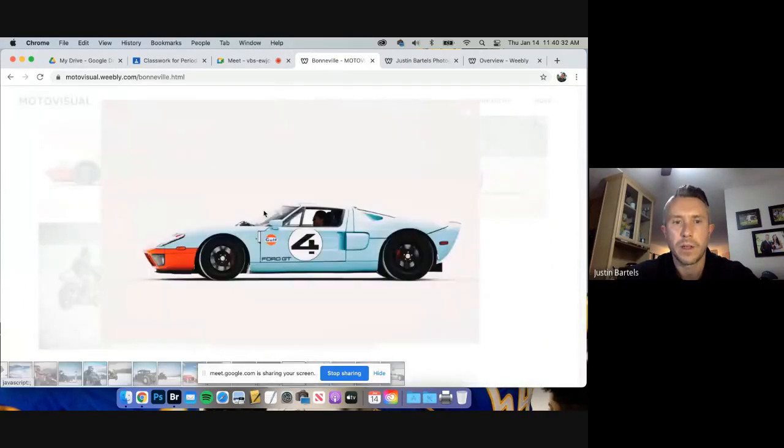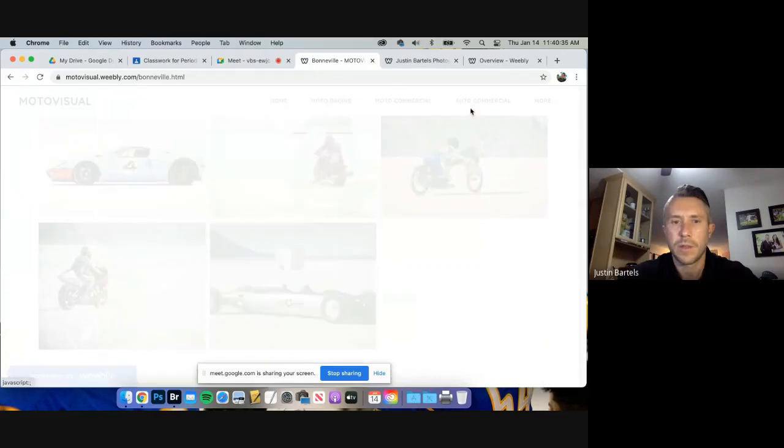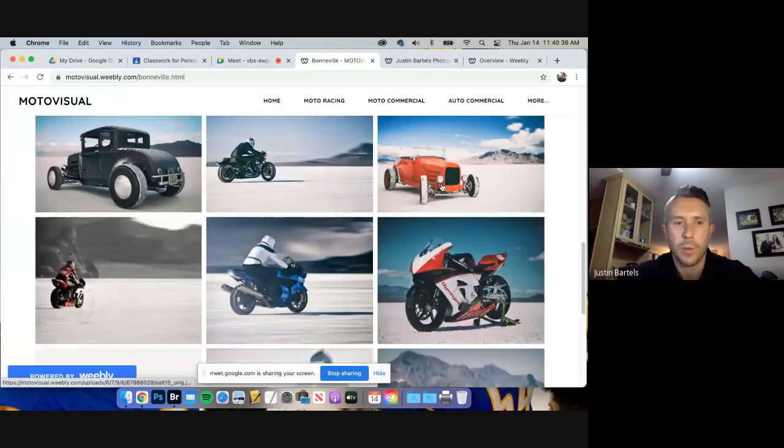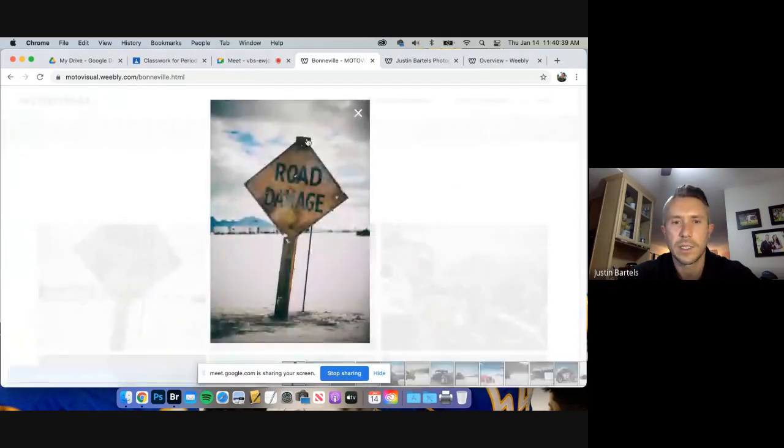This is one of my favorite cars, the Ford GT. I was at the Bonneville Salt Flats doing land speed records. So pretty cool. I like this photo too, because it's so salty, like eats away signs, like metal signs, and